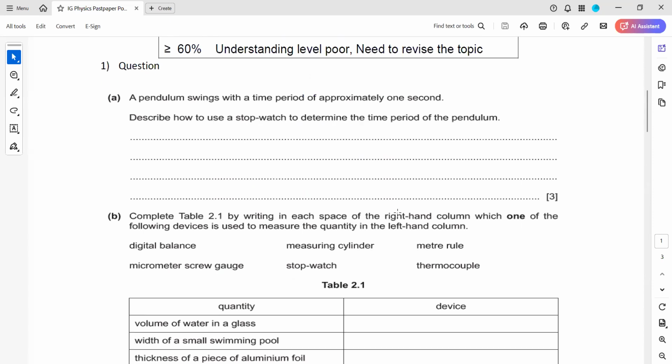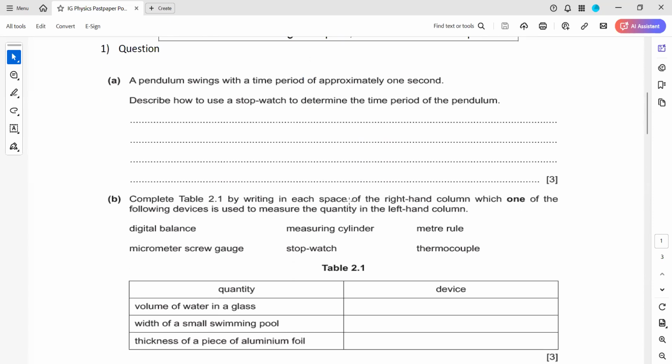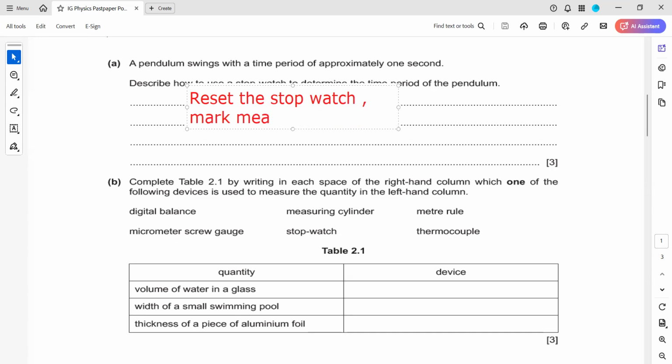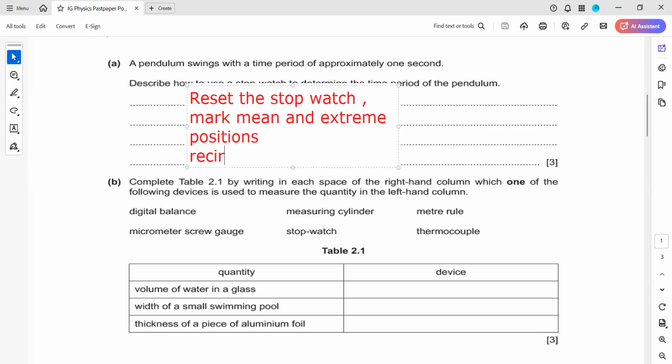Then question 1: a pendulum swings with a time period of approximately 1 second. Describe how to use a stopwatch to determine the time period of a pendulum. So how can we use a stopwatch to determine the time period of the pendulum? First, we will reset the stopwatch, and we will mark the mean and extreme positions. Then we will record the time